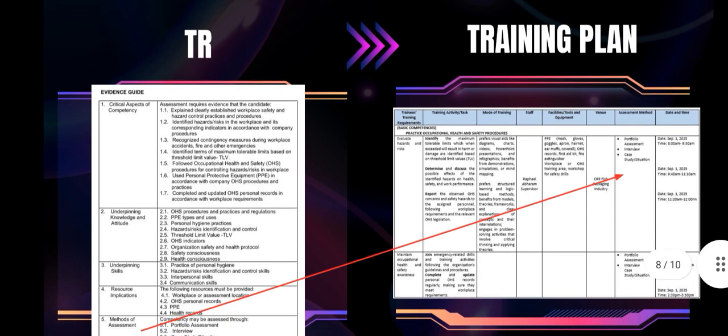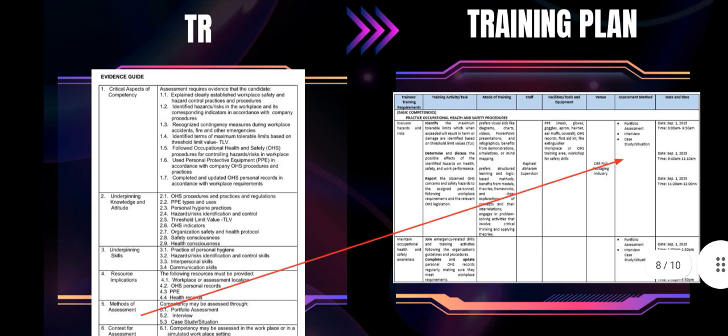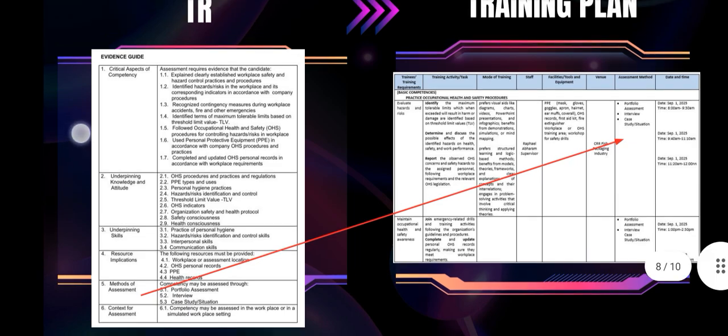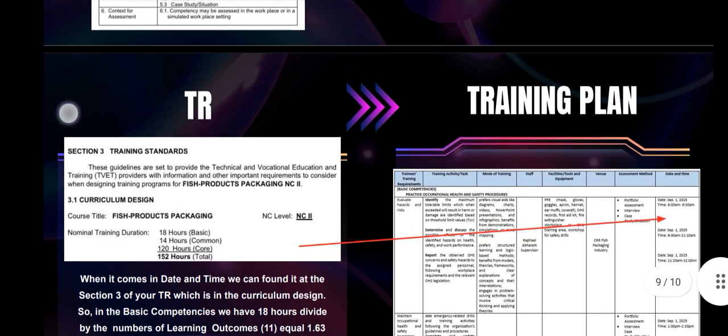assessment method. If you can see, the assessment method can be found in the evidence guide of your TR, specifically under the method of assessment. Just copy-paste that, then put it on your training plan. Next is the